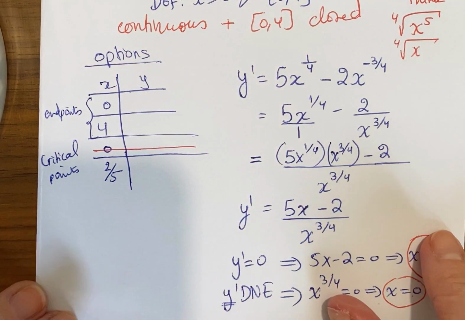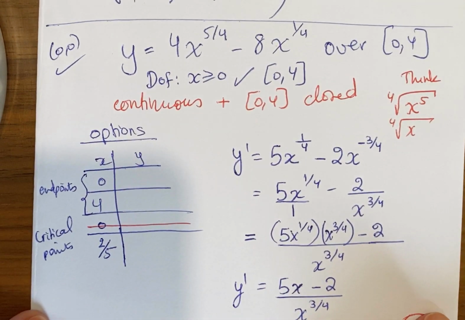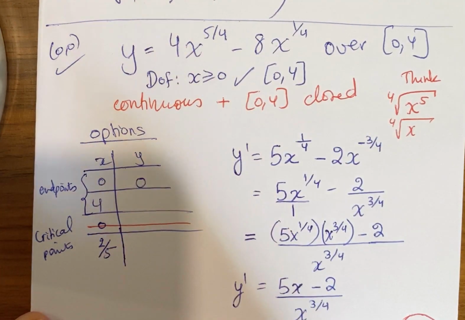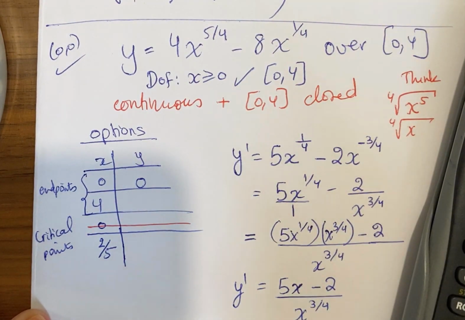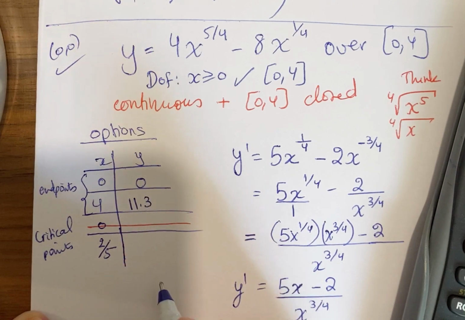Now what do I do to know where is the absolute max, where is the absolute min? 0 when substituted here, the answer is 0. 4 when substituted here, I will calculate it. 4 multiplied by 4 to the power 5 over 4 minus 8 times 4 to the power 1 over 4 is 11.3 something. If you want it in exact form,